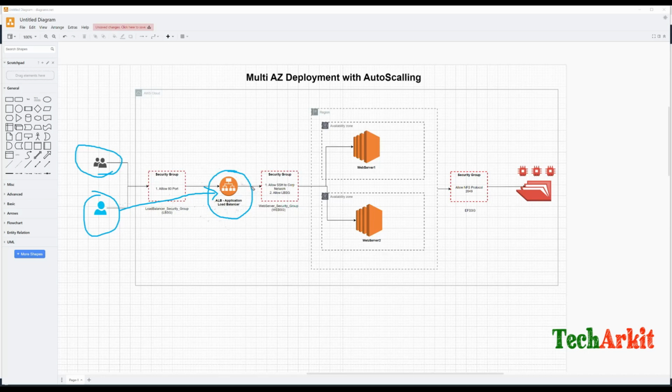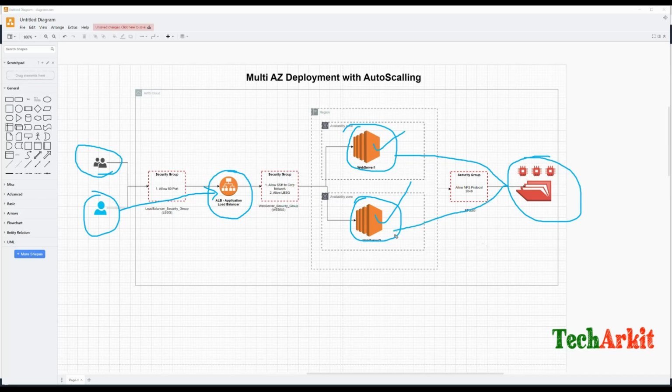How do we publish the website? We have the Linux EC2 instances. Two Linux EC2 instances or more than that, maybe 10 or 6 or whatever count you want, you can set up. But for this practical, we are going to do two EC2 instances, which are web server enabled on both of them. The common storage, the shared storage we have here, is EFS storage. The EFS storage is a NAS storage, which is going to be mounted here and here